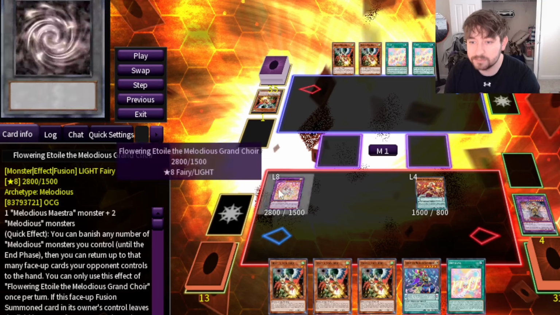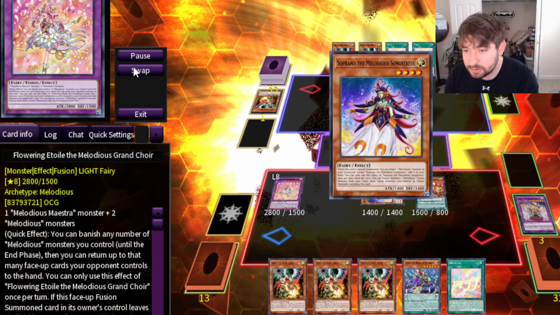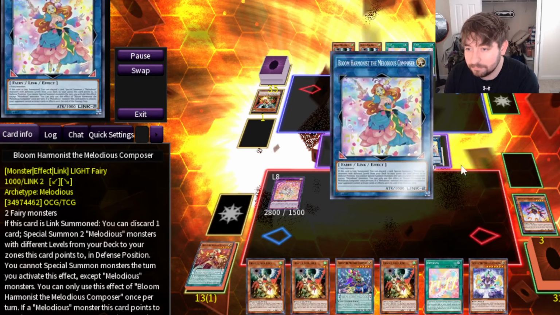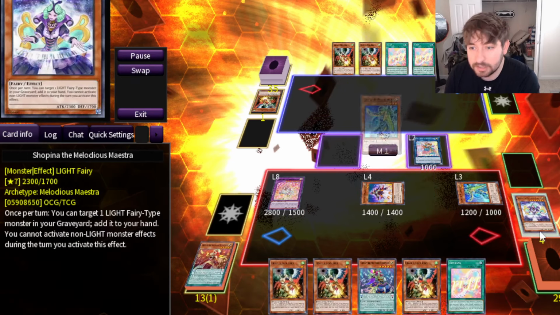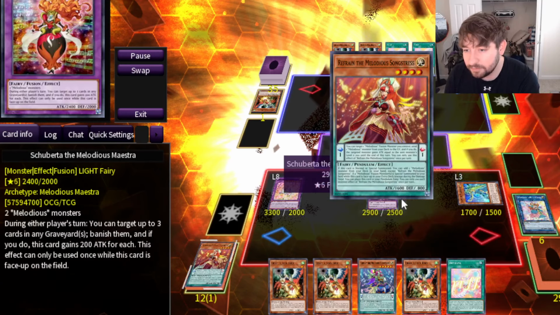Then you're going to be able to fuse straight into a Toil. Just get right into Toil for 5th summon. And then we're going to be able to reborn back the Soprano, add back Shapina, make Bloom if you want, pitch Shapina to summon 2 more. You don't even have to go all the way this far if you don't want to, but